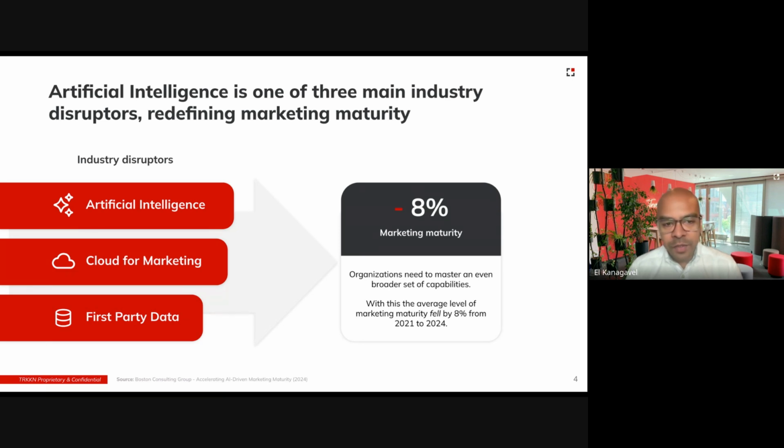These disruptors are quickly pushing that bar higher and higher for marketers, causing the average digital marketing maturity to actually decline by 8% in the last 3 years. What that hopefully should say to you is that standing still in this space is clearly not an option, and effectively it's the same as going backwards. So we're always advising clients that it's imperative that to remain competitive, brands need to prioritize strategies in these 3 key areas and avoid falling behind peers in their market.